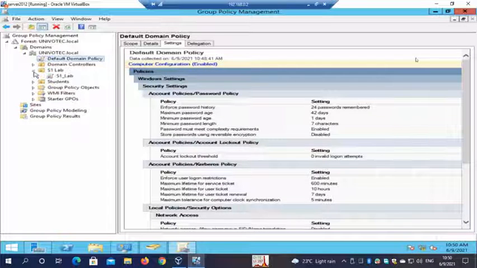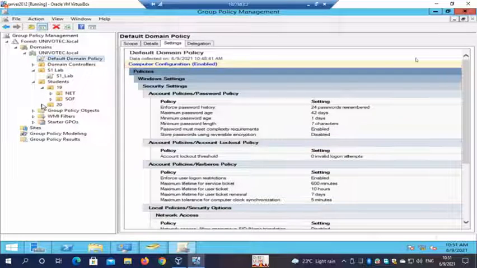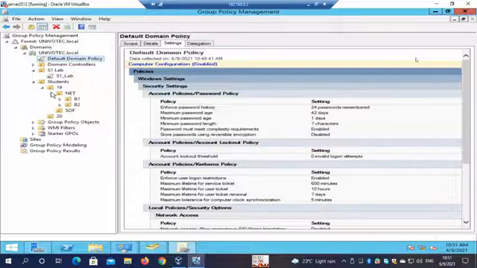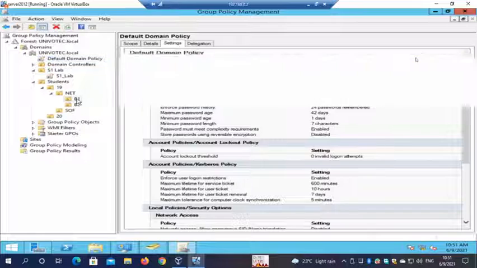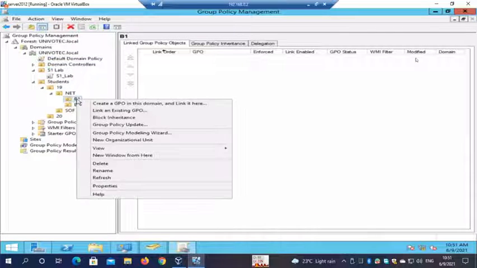So yeah, I can have a separate S1 lab policy for the lab. And then students, can you see now each OU or sub OU that I can open here. And then let's say for the B1 students, I need to give specific group policies.